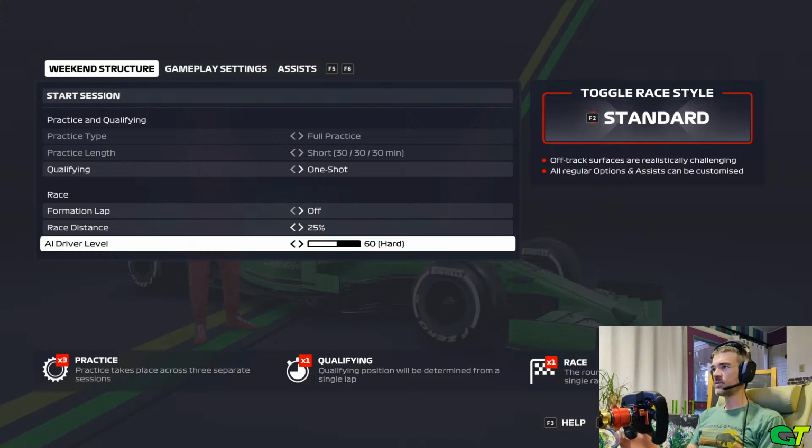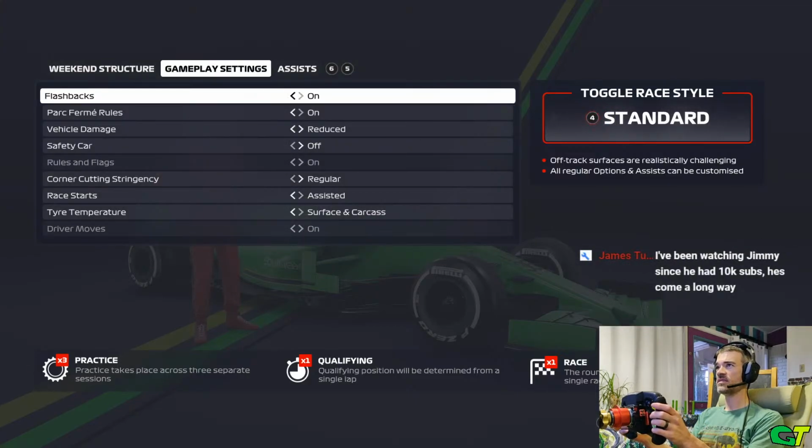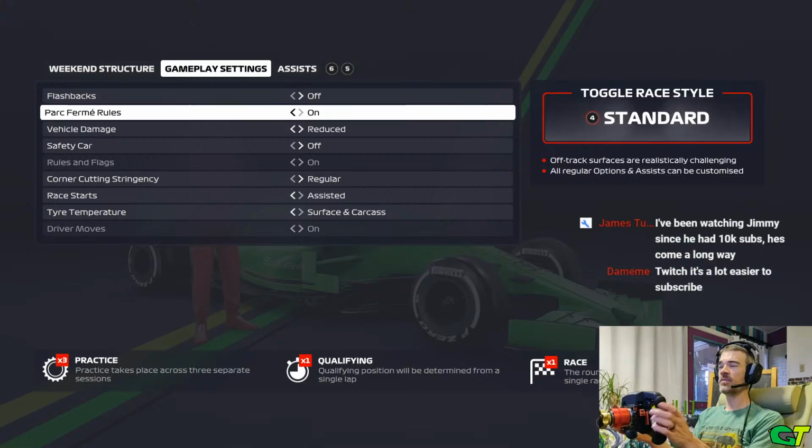All right, I think we're good on this. We'll try 60 for hard. How do we advance? Gameplay, no, we don't want any of that stuff. No. We want flashbacks off, park firm. I don't know how park firm